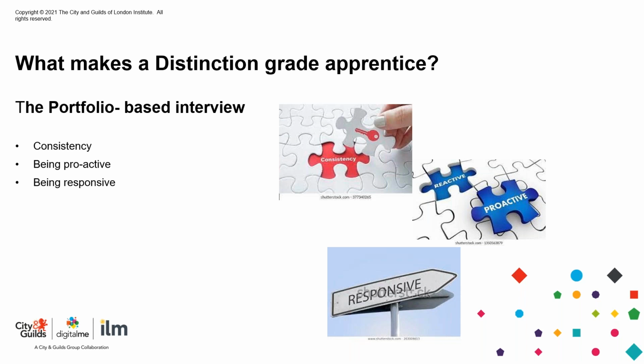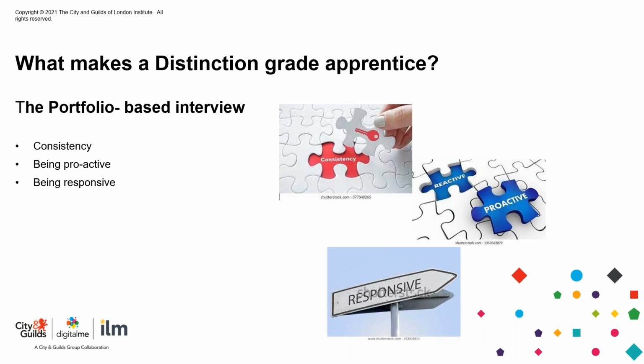Secondly, being proactive. The distinction apprentice will take it upon themselves to develop their own skills, offer coaching, influence and challenge peers and managers, come up with good ideas, promote good practice, particularly in regulations and policies, act as a role model internally to colleagues, and externally act as an ambassador on behalf of the organisation. This requires the employers to trust them in positions of responsibility, but it's also the apprentice who needs to show they can be trusted to take these on.